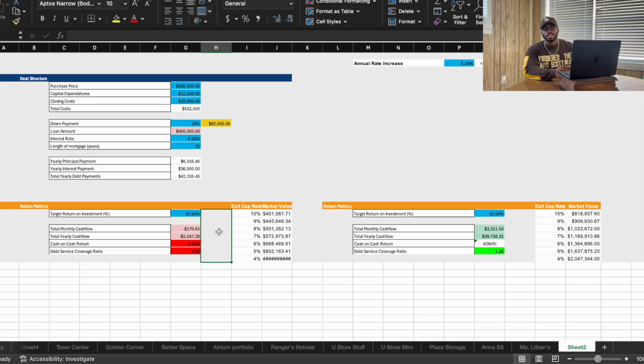So you could actually get away with only paying interest only for the first 12 months of that loan. It's going to help a newbie, because you're looking at these interest payments that are $36,000. That's only $3,000 a month. So now your debt service goes from where it says total yearly debt service,